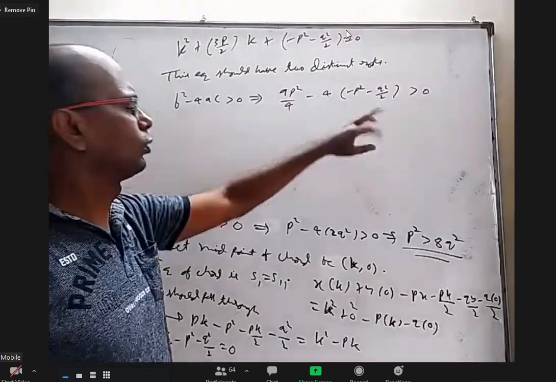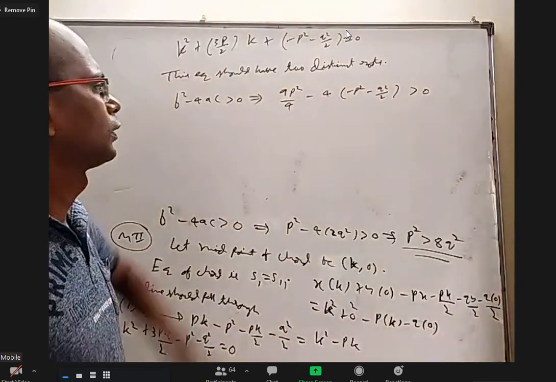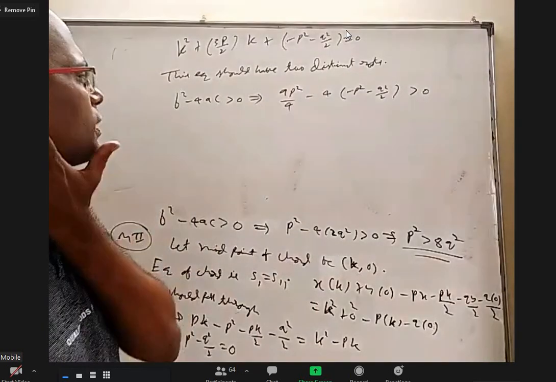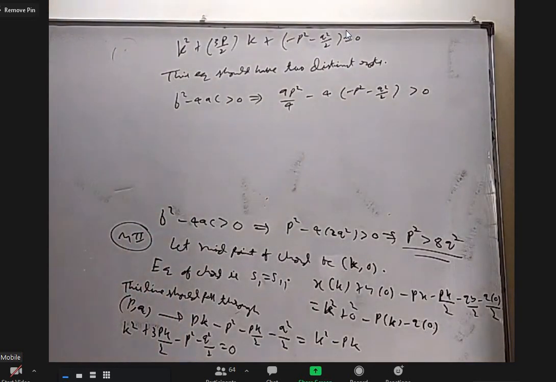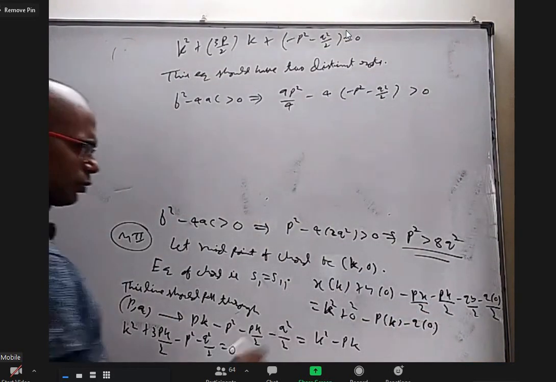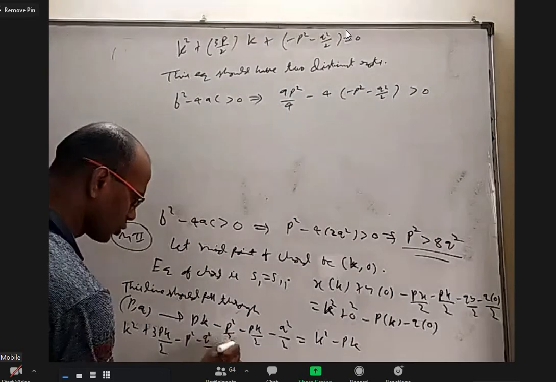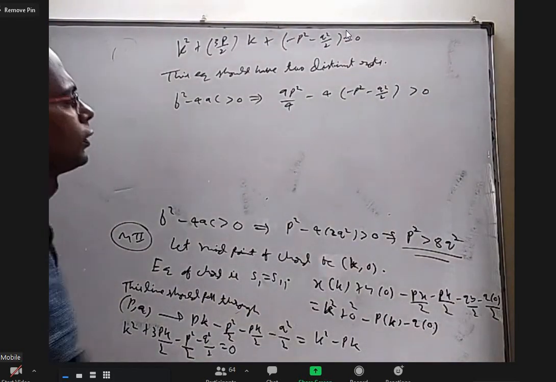Multiply 4, what is it? p square is greater than 8q square, right? I'm getting 8q square. Am I getting p square? Sir, while substituting S1 equals S1, it should be minus p by 2x. I wrote S1 something wrong in the equation. There should be a 1 by 2 here. Thank you.